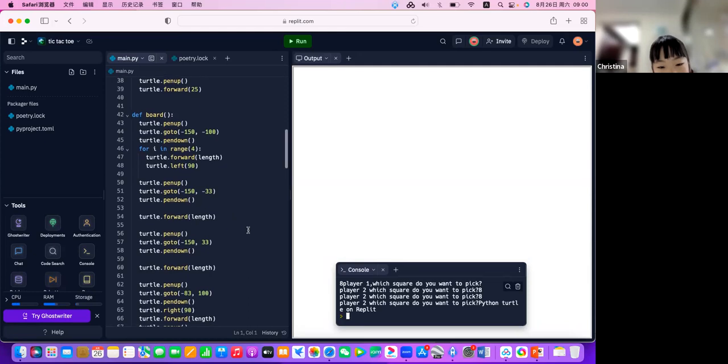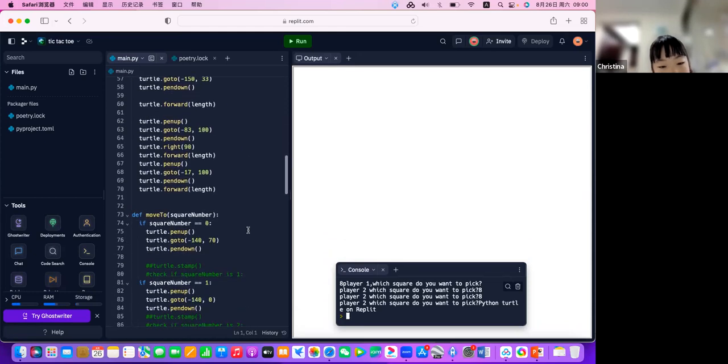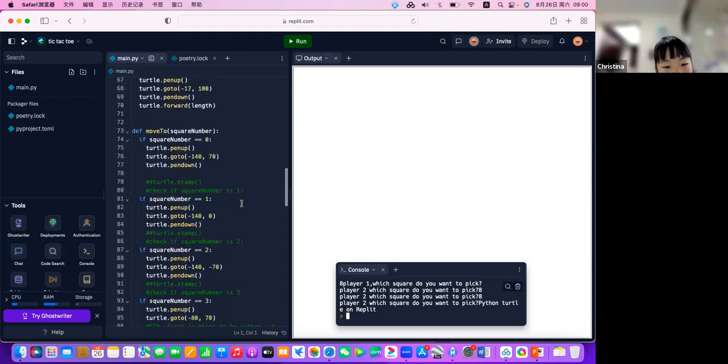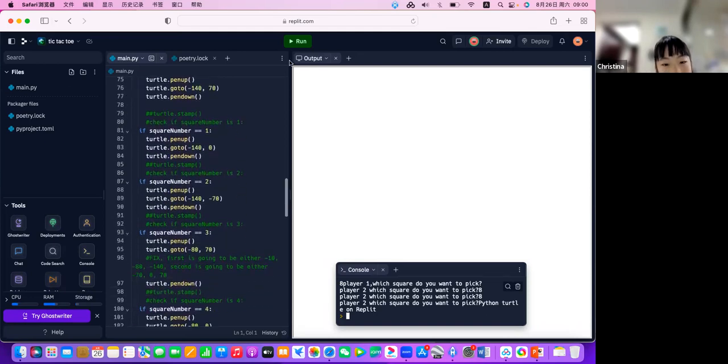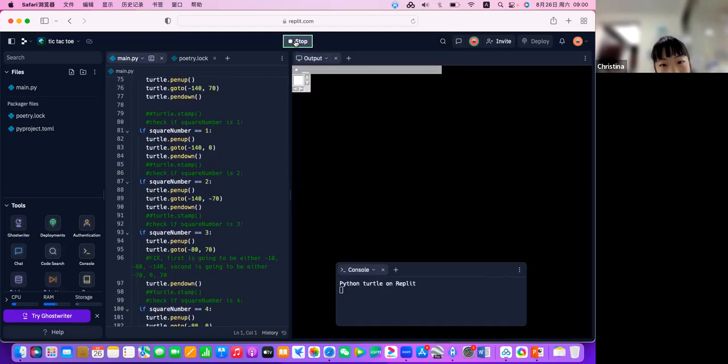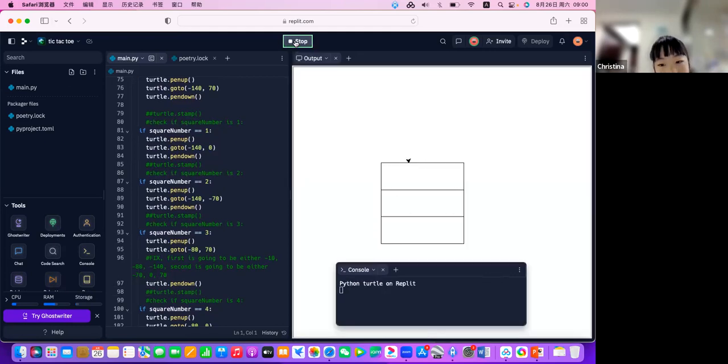So I want to do this project in Python. First, I draw the board here, and then I will choose which square I want to pick.